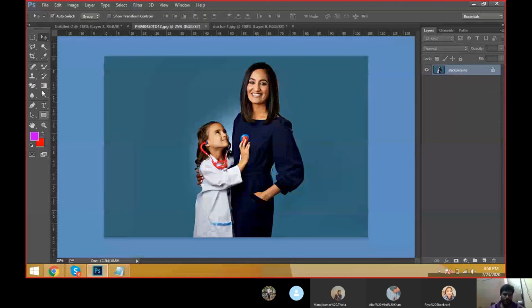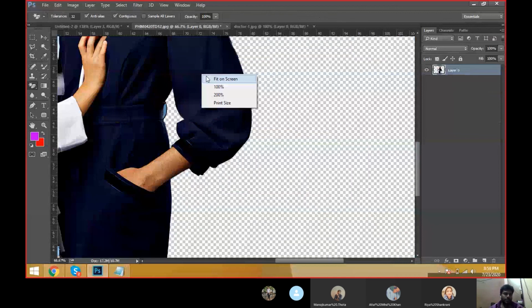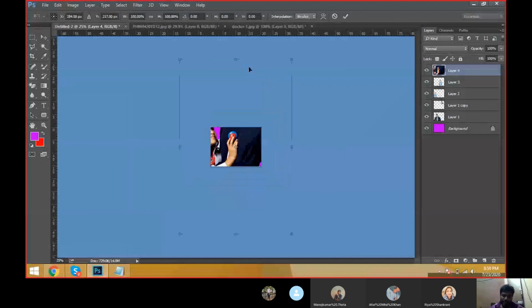Take the magic eraser tool, just click it once. The image has been disturbed. No, it's not disturbed. Why? Because this color is different and the background color is different. Come to here, just click it and click it like this at the edge of the document. Like this. Now you can take the move tool and move it into the other background. It is taken; see, the image is bigger than the document. Control T for transform controls, Control minus to zoom out. Now we can see the transform controls and we can transform it very easily.